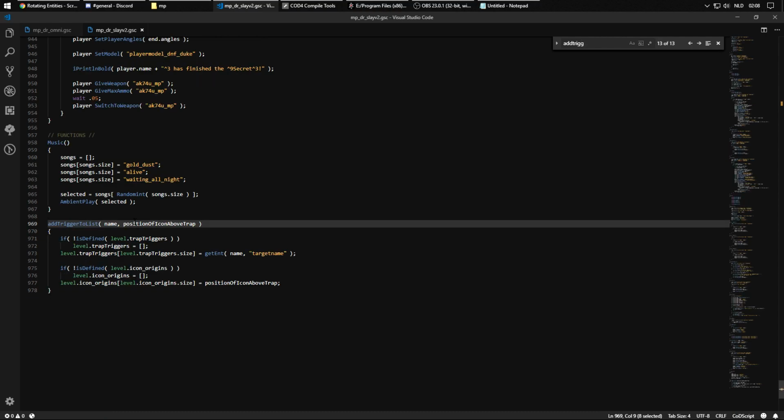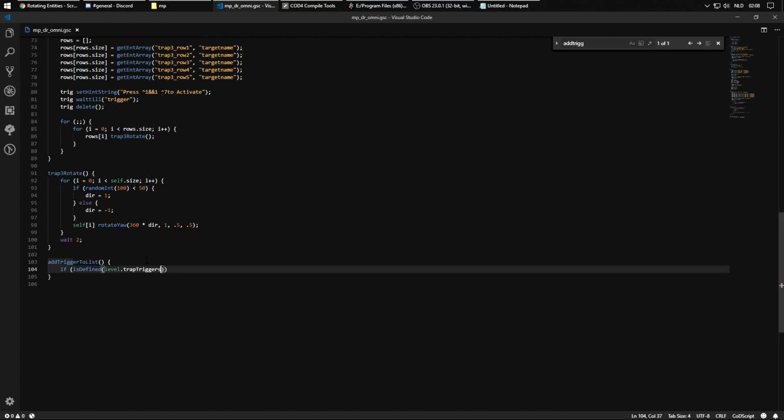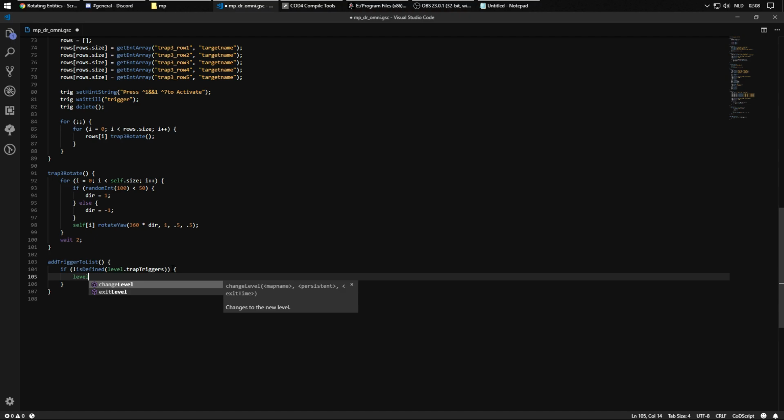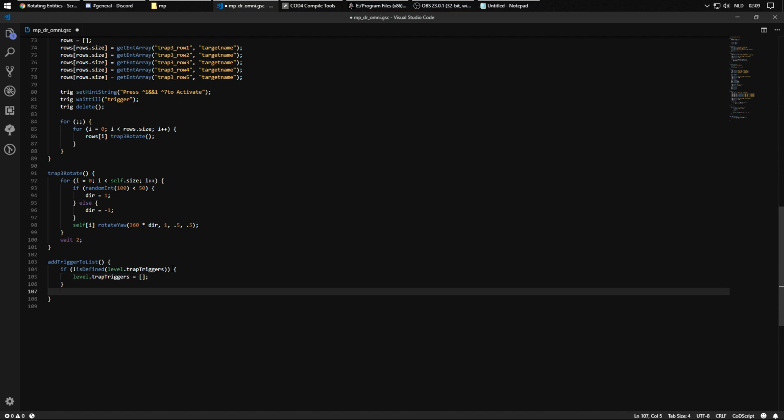Oh, this is a whole other function. Position of icon above trap. Yeah, I don't use this at all, ever. So, yeah, it's level dot trap triggers. Okay. Actually, if not is defined. So if it's not defined, then we want to initialize a new array. And then,